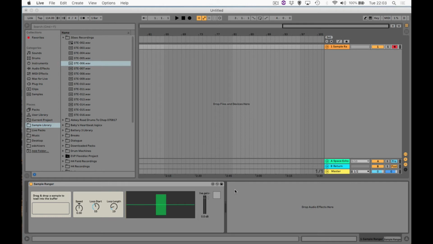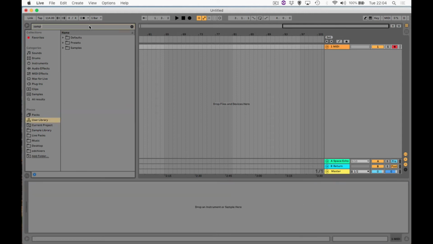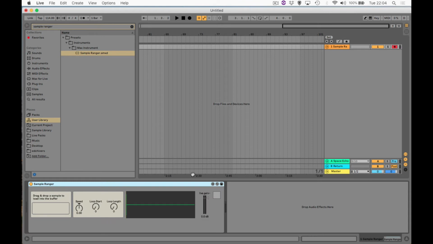Let's just test it to see if it works. So press play. We may need to actually get rid of it completely and reload it. Sample Ranger. There it is. Great, it works. The reason I needed to get rid of it and then reload it was because, I'm not